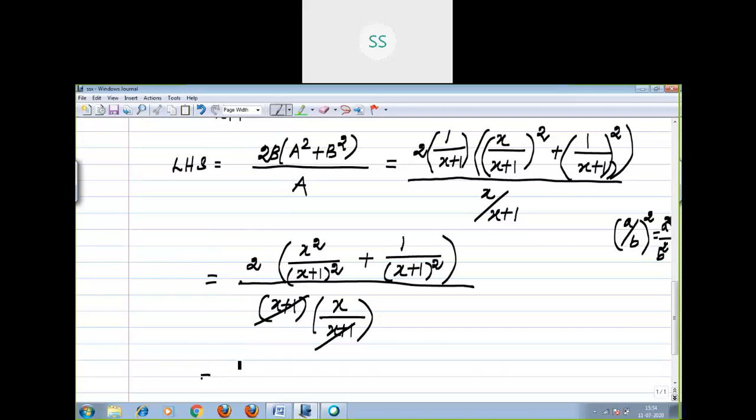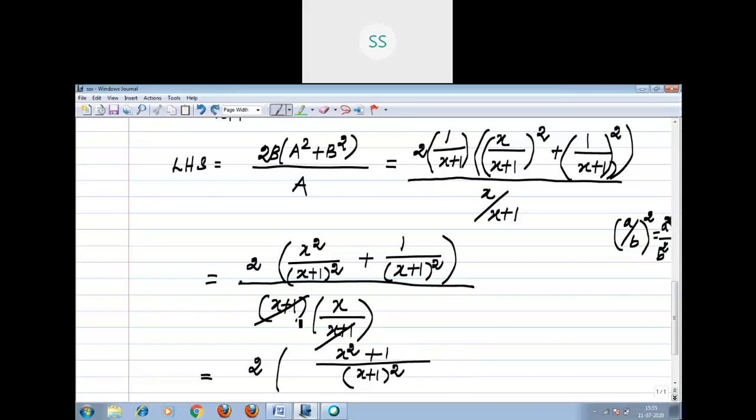Now you see in the numerator, the fraction part is having the same denominator. So directly you are going to add. That's it, right? 2 bracket x plus 1 the whole square. Here, x square plus 1. See, did you understand, children? Did you understand what I wrote in the step? See here, I am moving the cursor and showing you. You have to listen carefully, children.